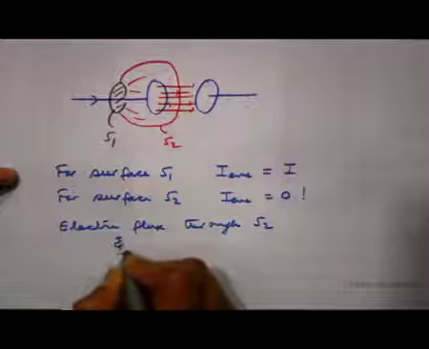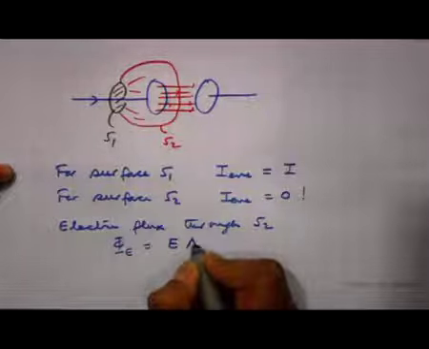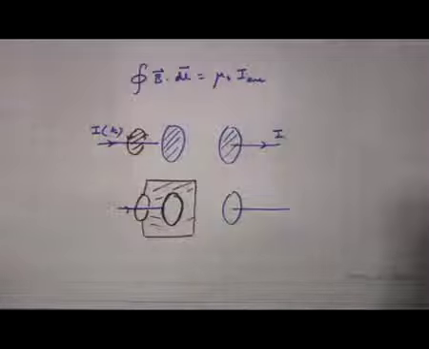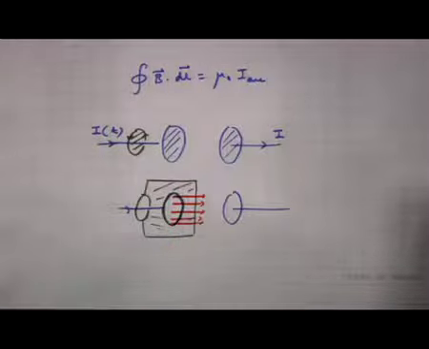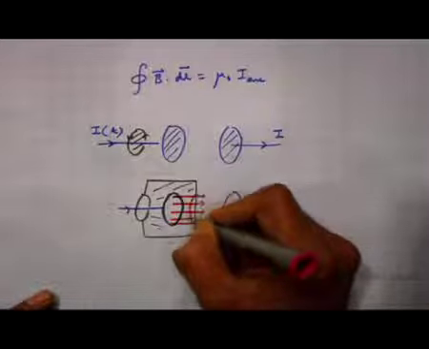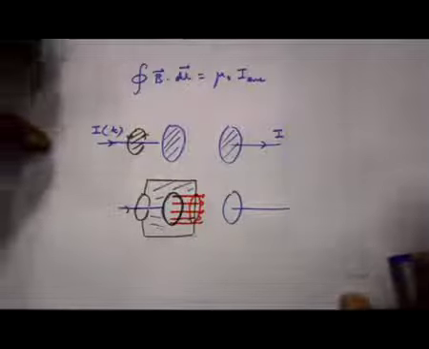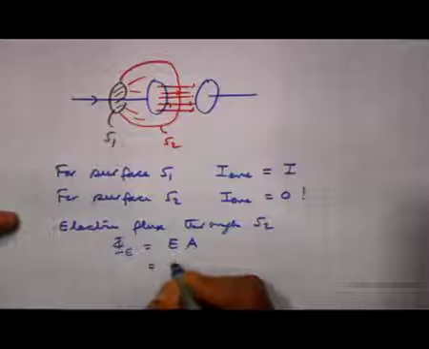So, electric flux is integral E dot dA, and as we showed last time, it is electric field times area. If I take a surface like this shape, the electric field lines are going like this, and if I neglect edge effects over the capacitor, the electric field is uniform across the surface area of the capacitor plates, and so the flux is the electric field into the area. And I know from an earlier discussion that the electric field is nothing but sigma by epsilon 0,